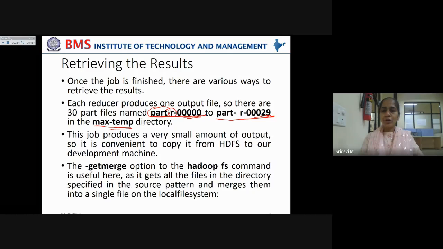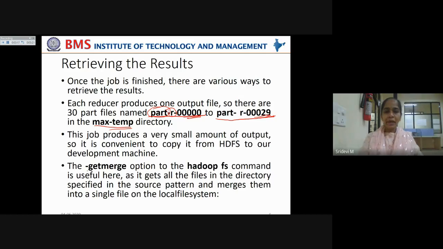Okay, so this job produces a very small amount of output, so it is convenient to copy it from HDFS to our development machine. Okay, so the output given by reduce task, we can't keep it on HDFS cluster. We have to copy it onto our local system or development machine. For that, we have to use the get merge option.